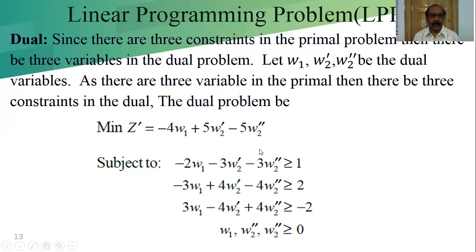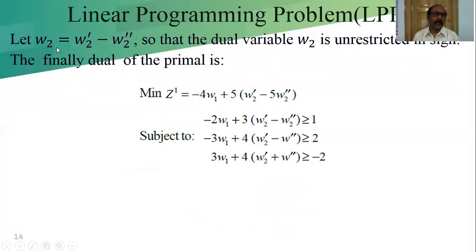Now let w2 equal the difference w2 dash minus w2 double dash, where w2 dash and w2 double dash are greater than equal to 0. As we consider w2 the difference of the two restricted variables w2 dash and w2 double dash, w2 becomes a variable unrestricted in sign. Let w2 equal w2 dash minus w2 double dash, so that the dual variable w2 is unrestricted in sign. The final dual of the primal is minimization